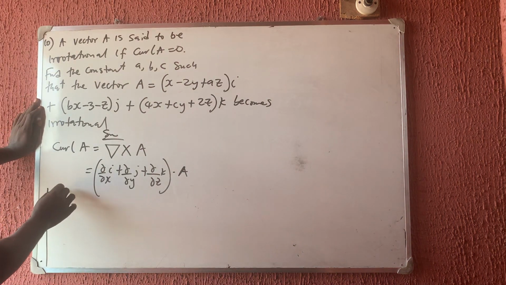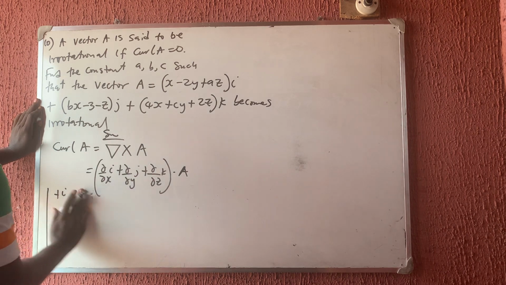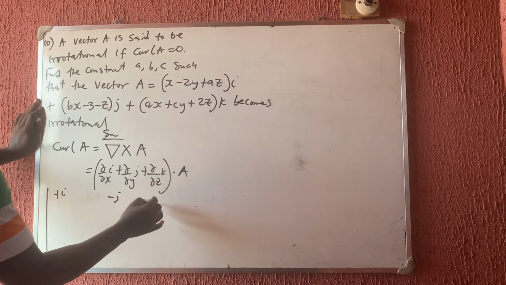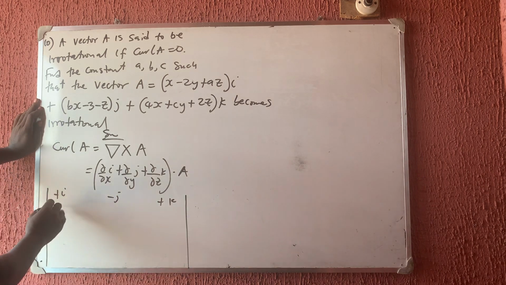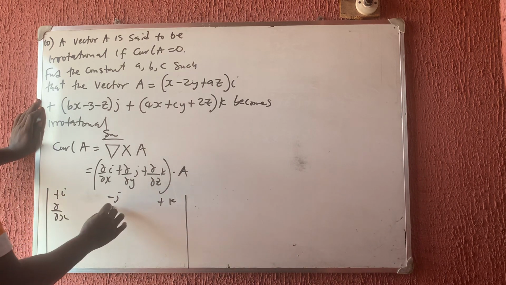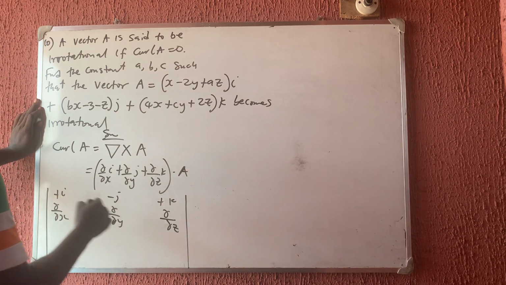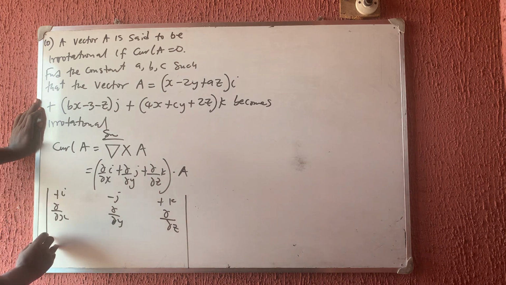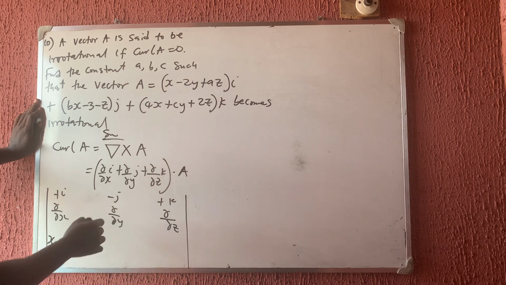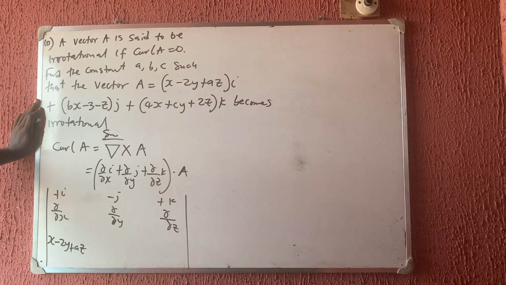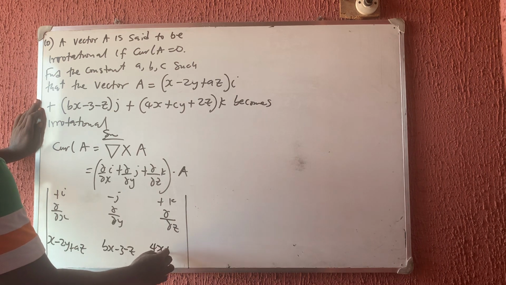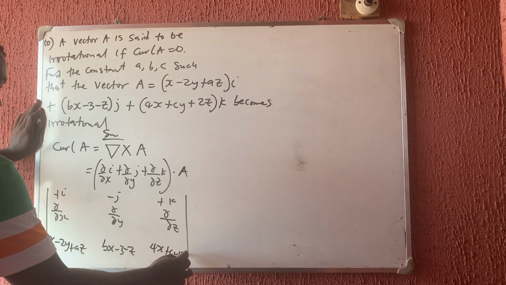So I have my plus i, minus j, plus k, minus j, then plus k. Okay, so I have my partial x, partial y, and partial z of these vectors. The first vector here is what? x minus 2y plus az. This one say bx minus 3 minus z, and this one say 4x plus cy plus 2z. Okay,